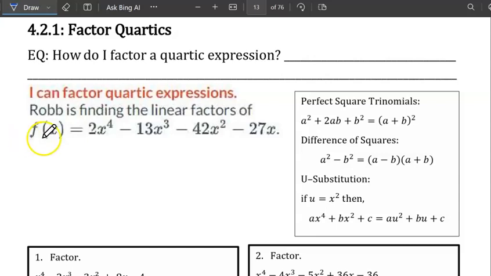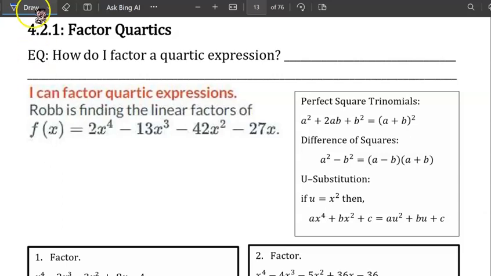4.2.1 Factor Quartics. The essential question is, how do I factor a quartic expression? The skill is, I can factor quartic expressions. Rob is finding the linear factors of f of x equals 2x to the fourth power minus 13x cubed minus